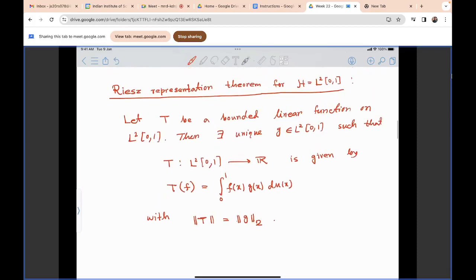Right, so this is the Riesz representation theorem, saying that any bounded linear functional on L2[0,1] will be given by the inner product with some unique function g, and the functional norm of T is the same as the L2 norm of g. So we'll use this to calculate the norm of this functional. Okay,